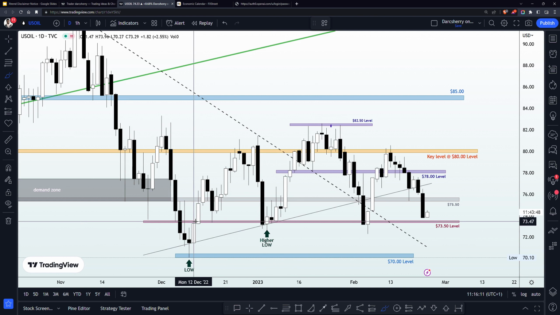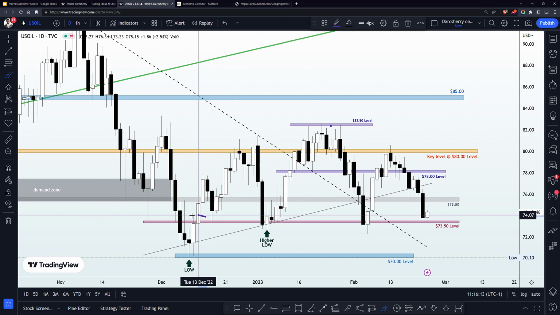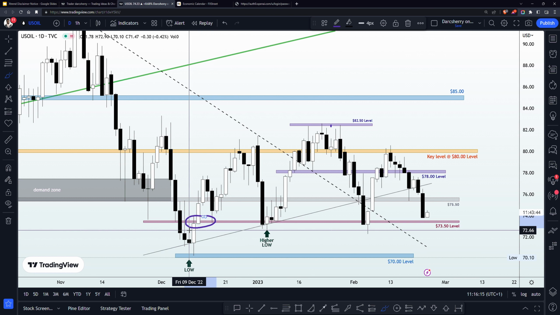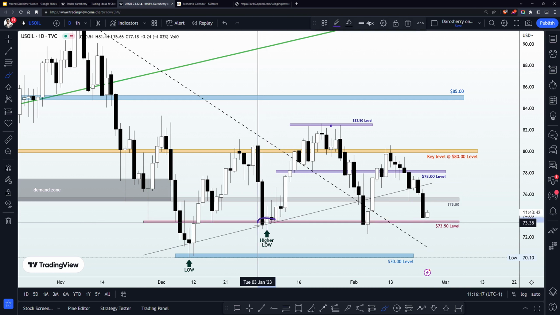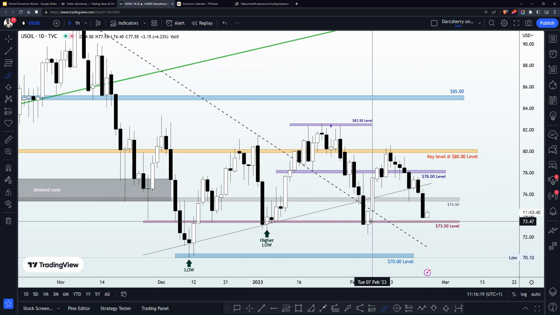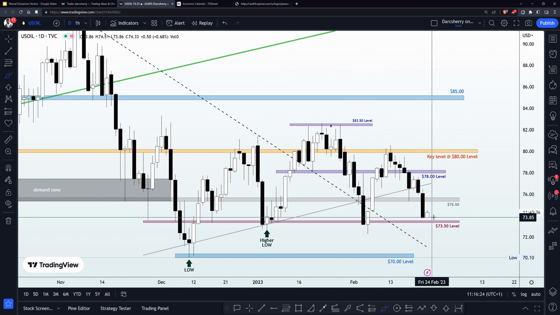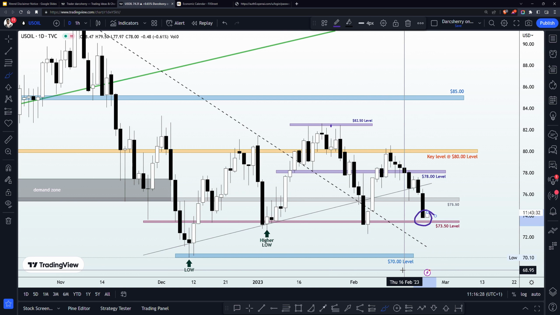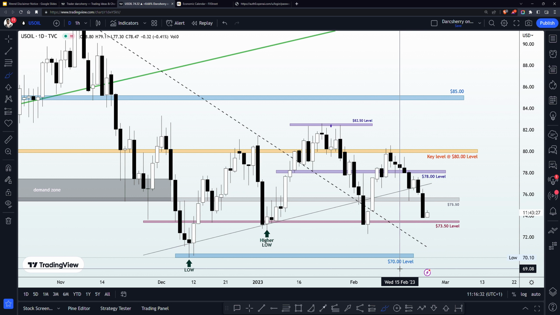You can see what has been happening here since the month of December. We saw how this level had been negating every attempt by the sellers to break down the structure. The same thing also happened at the beginning of this month as well. And right now we have a situation where price is heading towards that $73.50 area. So this is another key level that we want to be taking into consideration while mapping out our plans for today.